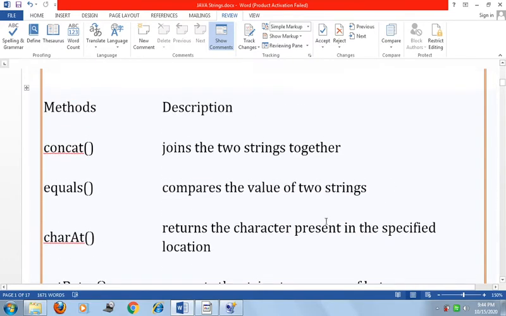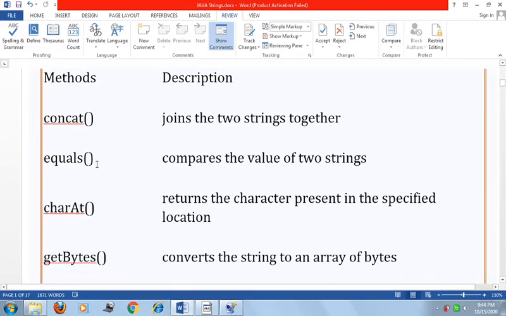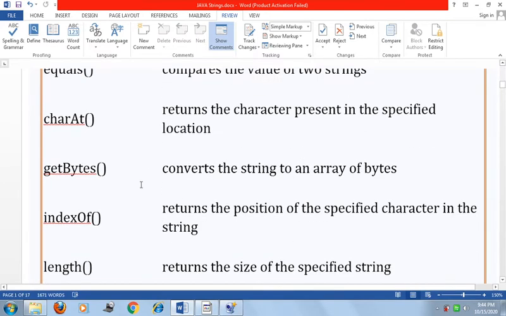Here in this table I describe the method and description of each string method. Concat means join two strings together. Equals means compare the values of two strings. CharAt returns the character present at the specific location.